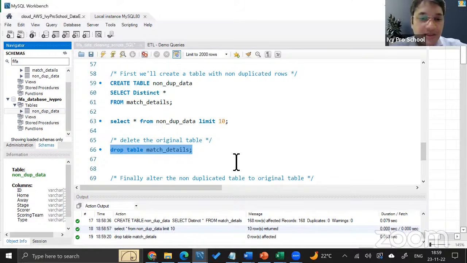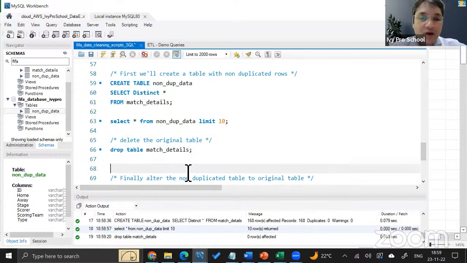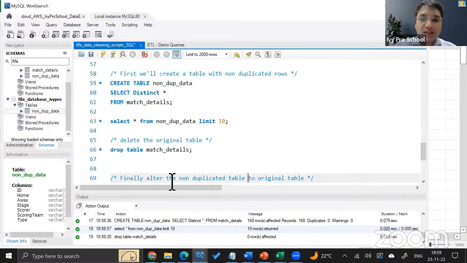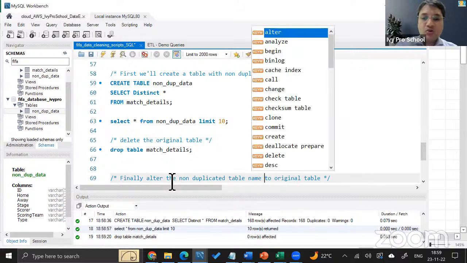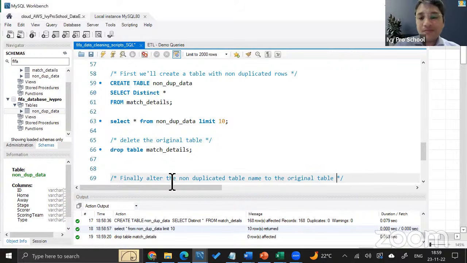Is that making sense, everybody? So what we will do now is rename the non-duplicated table to the original table name. So we will alter the non-duplicated table name to the original table name.